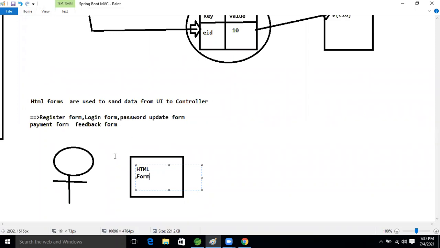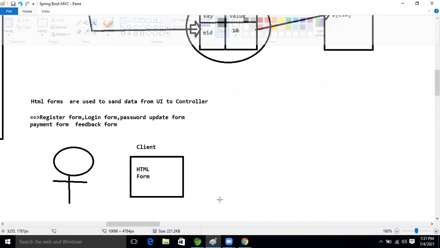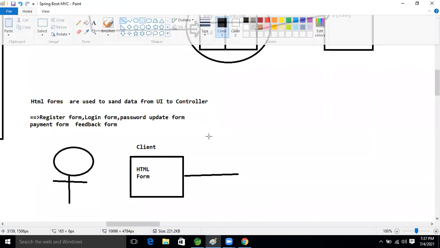Using the HTML form, the client can make the request. This is the client machine. So the client will make the request, and it goes to our server.